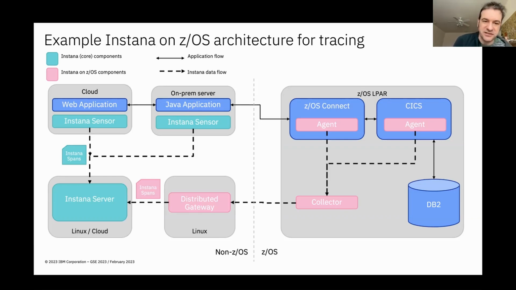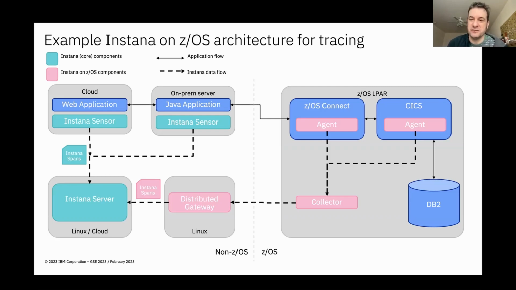If those applications are tracing through, such as this, if you follow the blue boxes here, we have a web application, which is a Java application. Then in this example, it made a call into the mainframe onto z/OS Connect, which then called CICS, which then called Db2. The pink boxes represent what needs to be deployed on the mainframe side in order to capture that trace information. So we have agents, data collectors, interceptors, depending on the terminology of the system being monitored, to gather